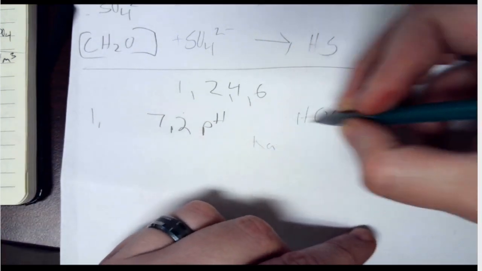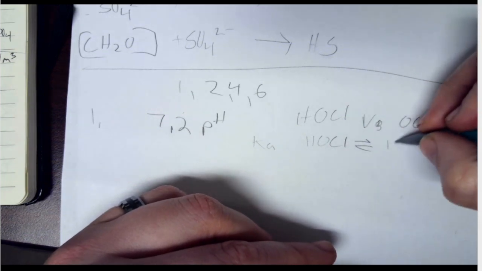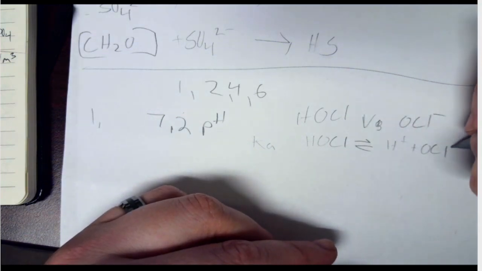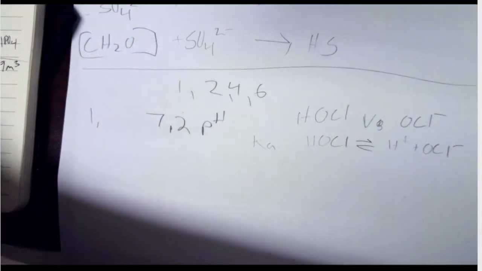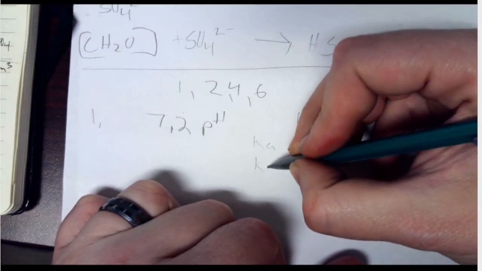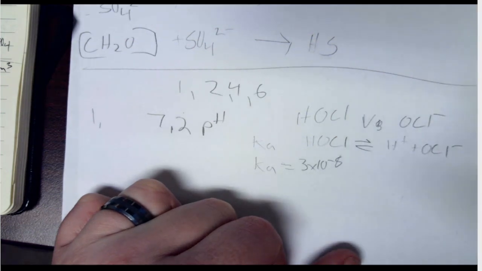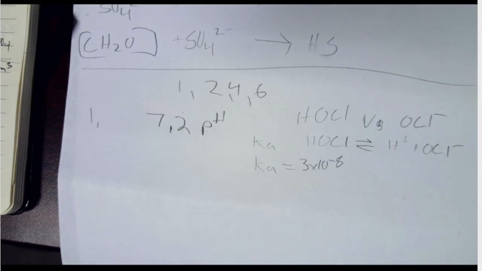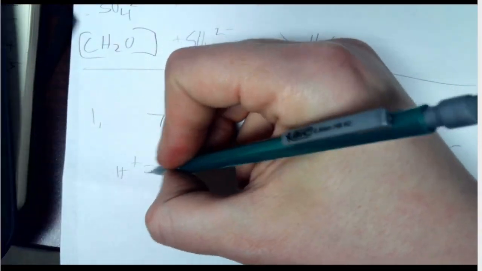The Ka is that HOCl reversibly goes to H plus and OCl minus. So, first step is to find the Ka of this reaction, which we can look up, and I give you in the hint that Ka is 3 times 10 to the negative 8th. Once we have those values, finding the ratio is actually trivial because at a pH of 7.2, the H plus concentration is equal to 10 to the negative 7.2,